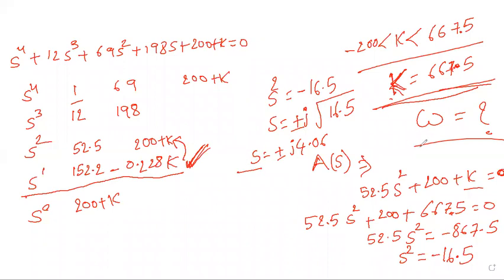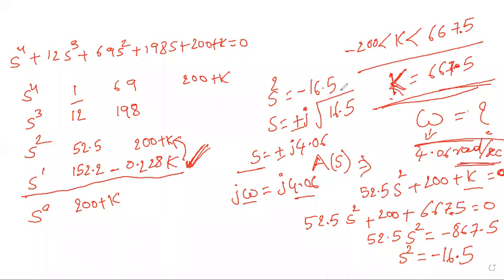What is s in terms of frequency? How do we write s? J omega. Very good. J omega, which is equal to j 4.06. Now what is omega? 4.06. Right. This is what he is asking. Omega is 4.06 radians per second, angular frequency. Units are very important.